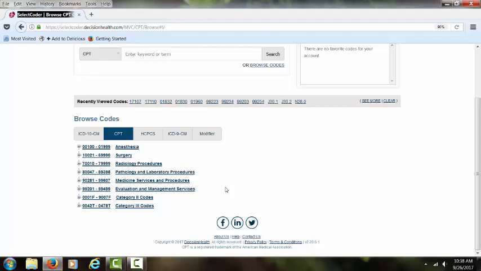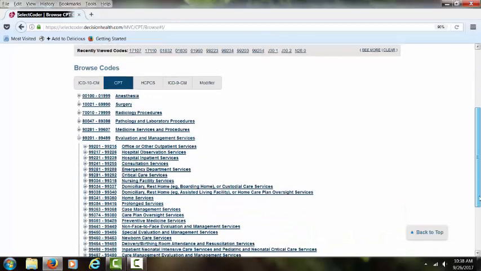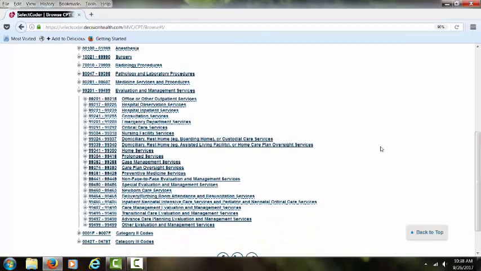So evaluation and management, I found that it's easiest, because I know what section I'm in, to click this little plus sign here to expand out the evaluation and management section of the CPT. And when you do that, you can see the subdivisions of evaluation and management codes. So, when we read each individual